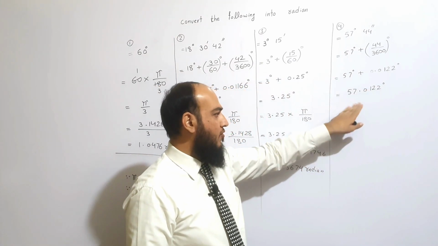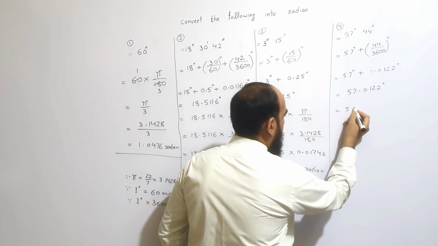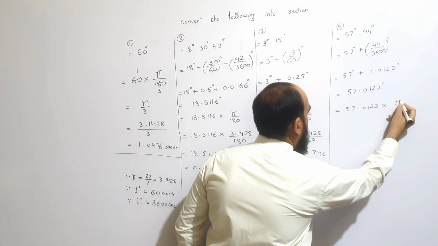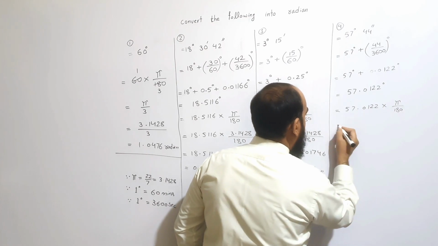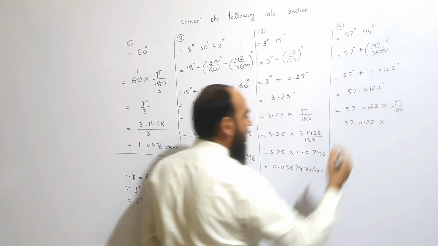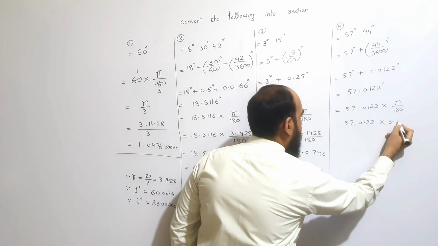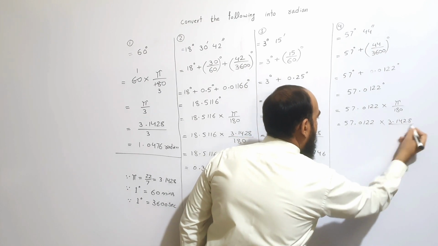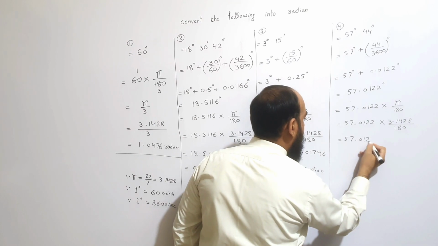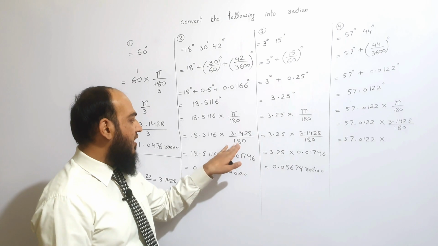Now you have to convert it into radian simply by multiplying it with pi over 180. Now 57.0122 as it is, multiply with the value of pi, that is 3.1428 divided by 180. 57.0122 as it is, multiply. Now you have to divide them. If you divide them, you will get